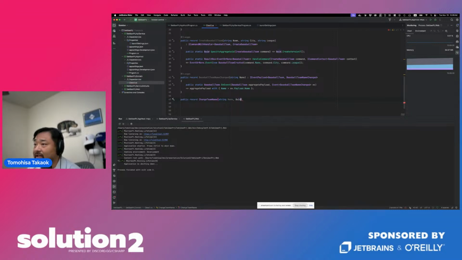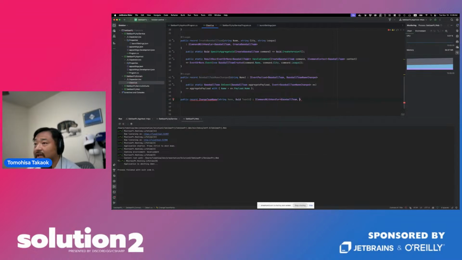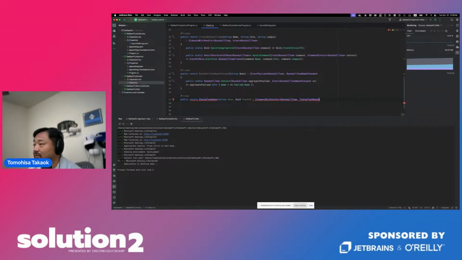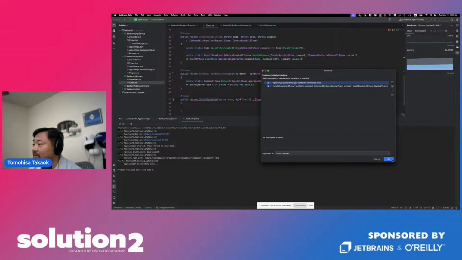So GUID, team ID, and then this should be a command, ICommand with handler BaseballTeam and ChangeTeamName.